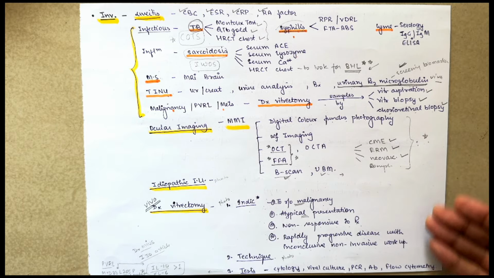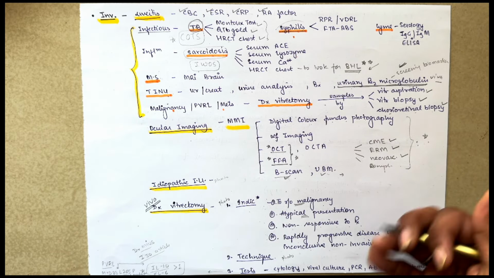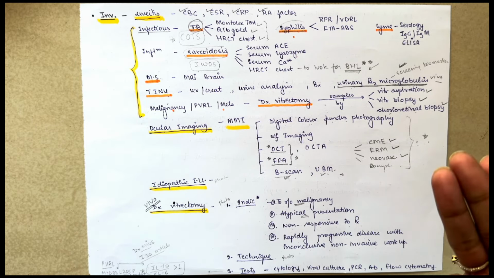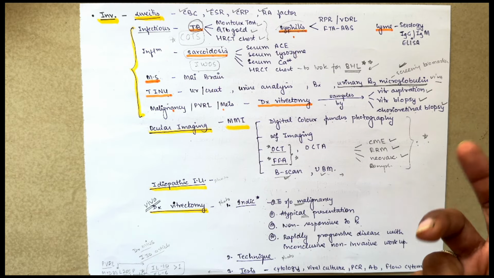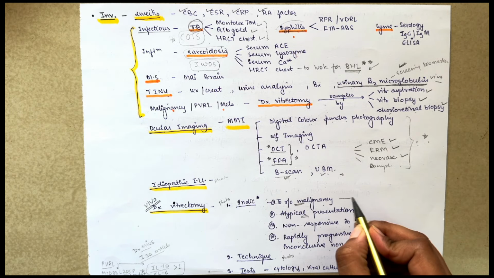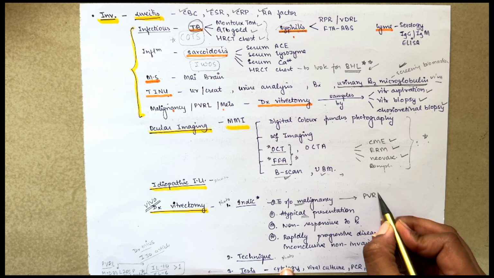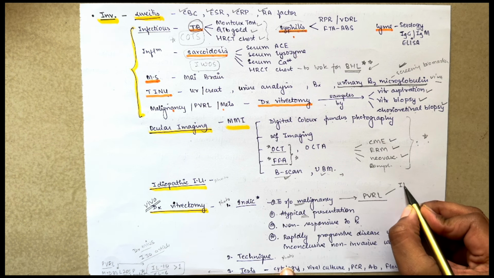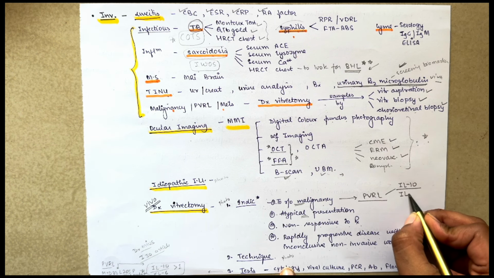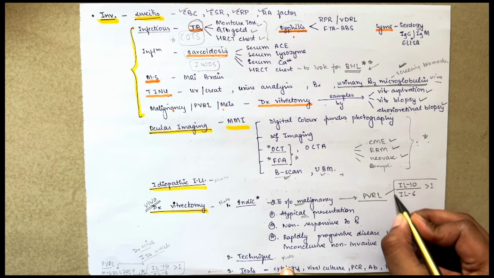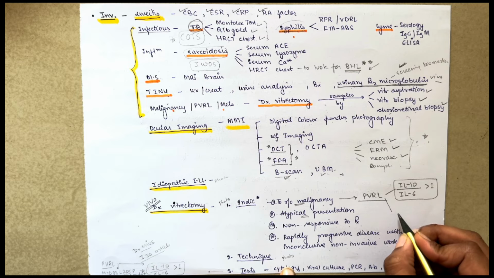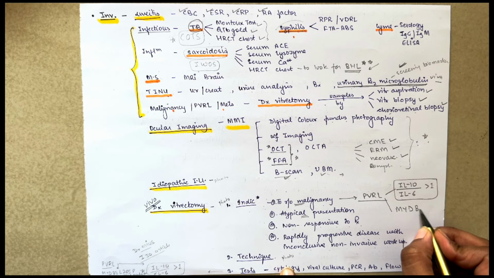Okay. Now, what are the tests you send? So you take the sample and send it for cytology, viral culture, PCR, antibody tests, and flow cytometry. Now, if we talk about malignancy, as we know PVRL, it is important that you send the sample for interleukin 10 and interleukin 6 ratio, which should be more than 1 in PVRL, and there is a mutation in